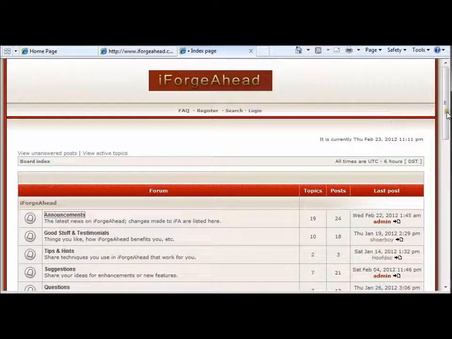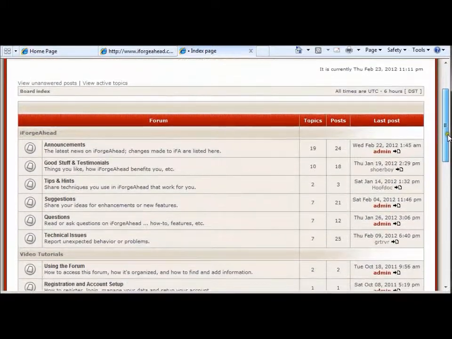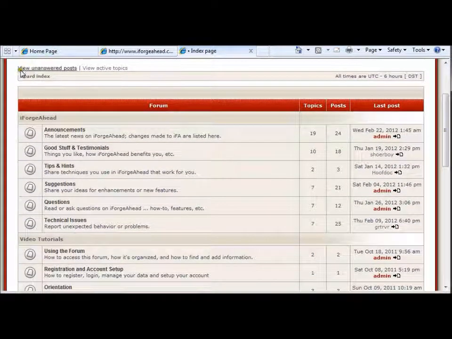The main page is also called the board index, and you'll see that displayed right here in this gray bar above the red bar. You'll want to keep an eye on this area right here, which is a navigation tool that will appear no matter where you are within the forums. You'll always have this gray bar above the red bar, and the contents of this bar might change in that you will have additional information to the right of board index, but the very first item to the left of this bar will say board index, and clicking that from anywhere in the forums will always take you back to